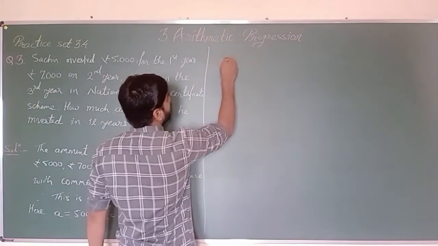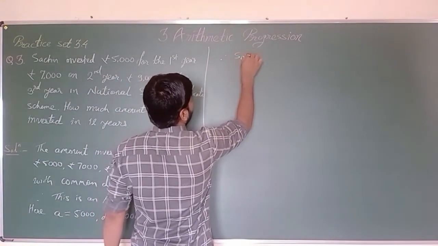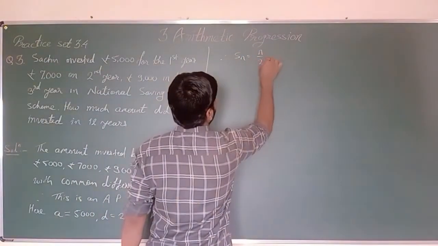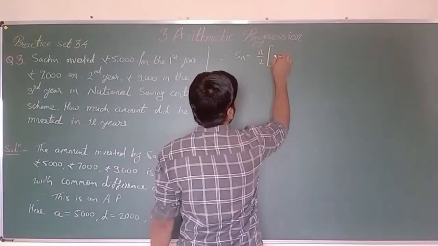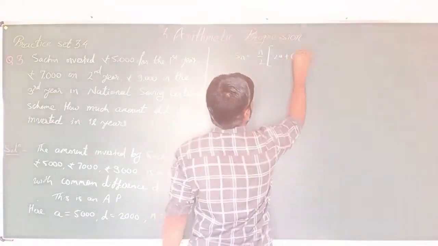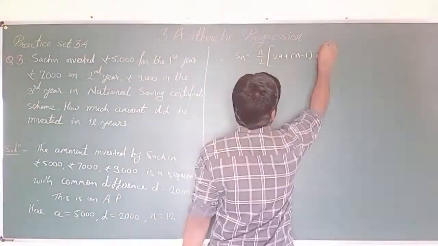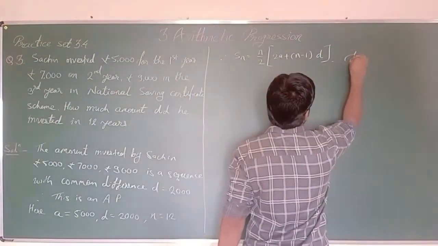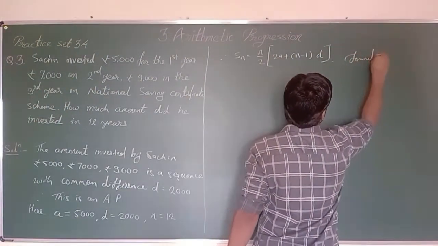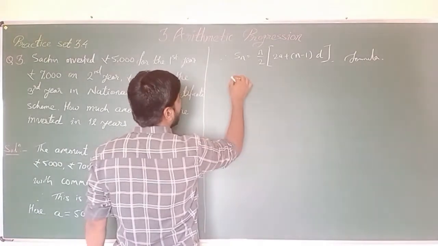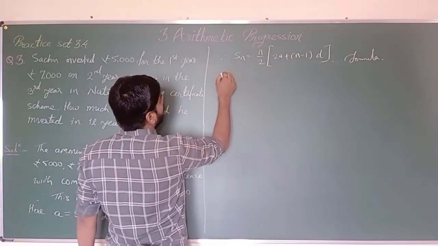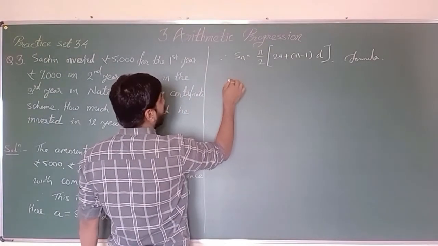Therefore Sn is equal to n upon 2 into 2a plus n minus 1 into d is the formula. So by substituting values,